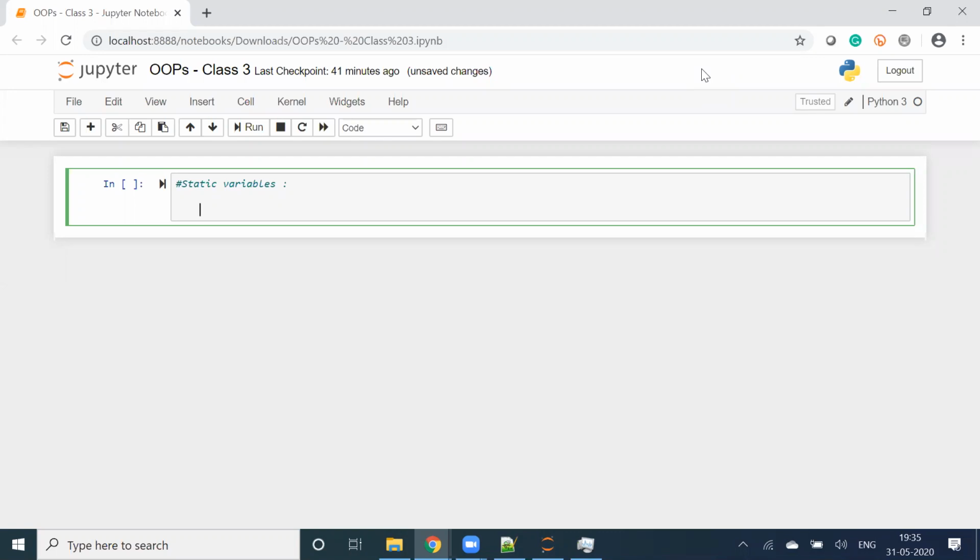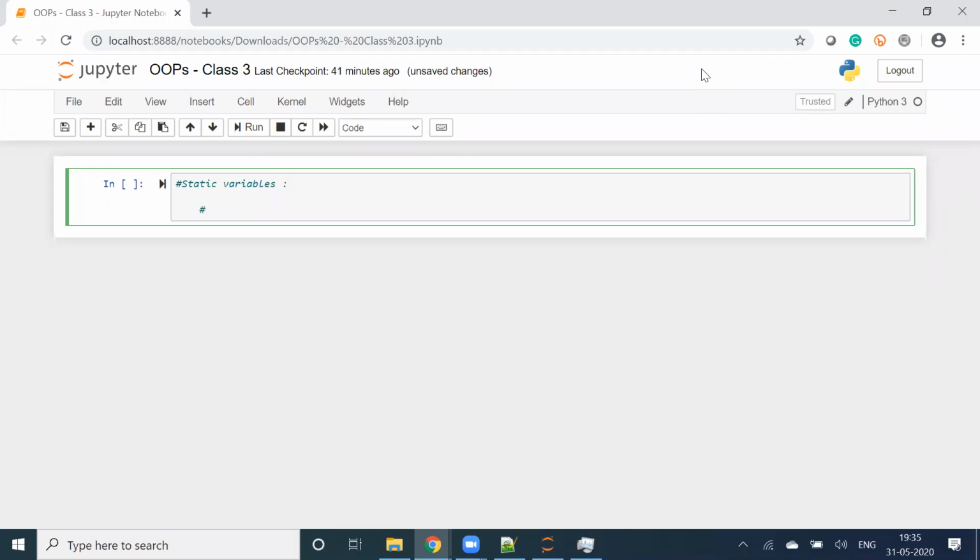That's it. If you remember in the instance variable, we saw that for every instance there will be a separate variable, right? We have one employee with variables like employee number, employee ID, and so on. Every time I create an object, the variable is created for each different object. However, when we have a static variable, we have a single value which is assigned all over the class. It's a single value for a class, and when I create an object, it will always give me that value only. All right.